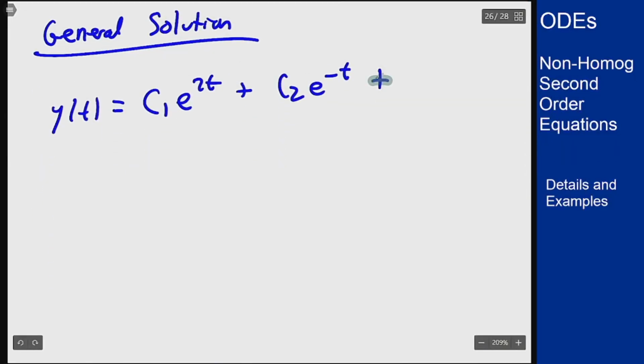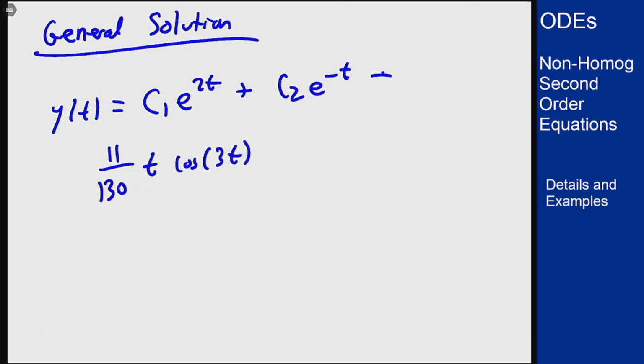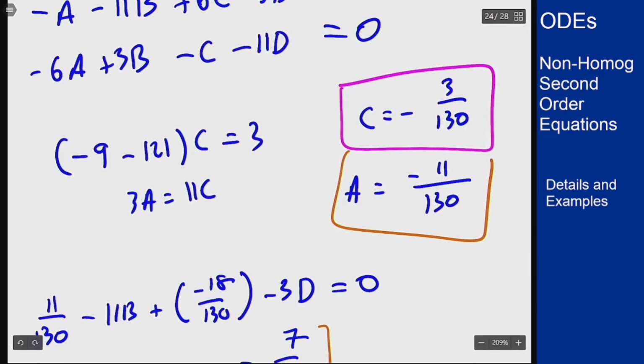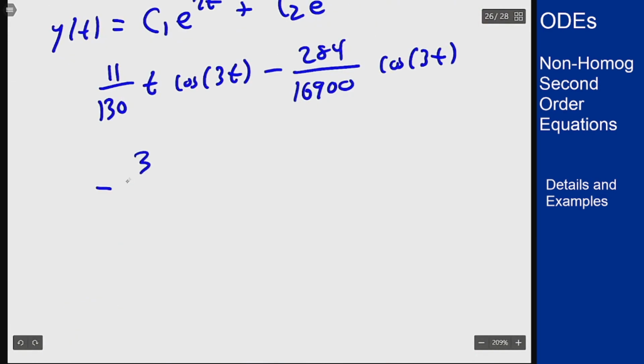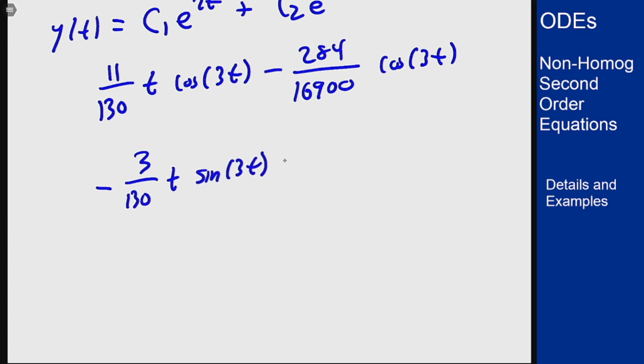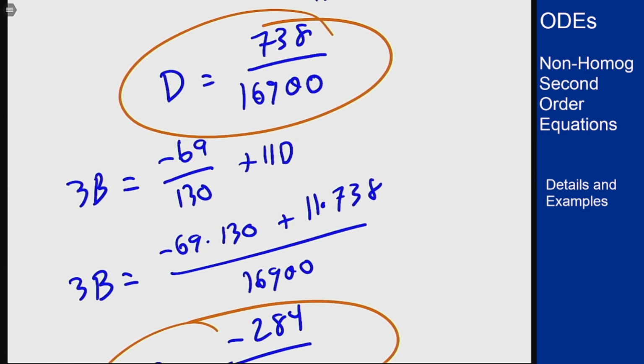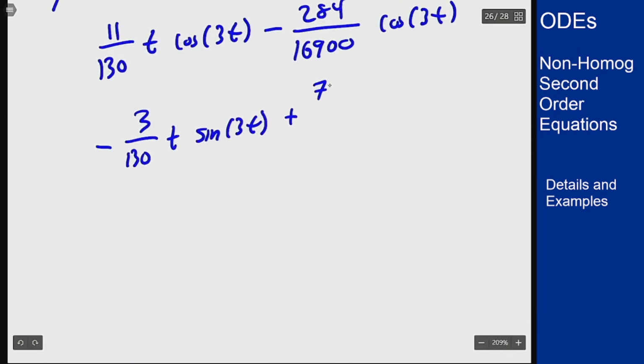So minus 11 over 130 t cosine of 3t plus b cosine 3t, minus 284 over 16900 cosine of 3t, plus ct sine of 3t. C was negative 3 over 130, so minus 3 over 130 t sine of 3t. And then plus d sine of 3t. D was positive 738 over